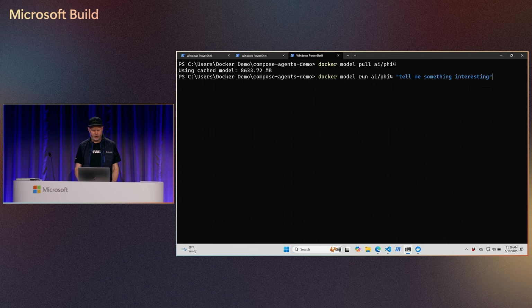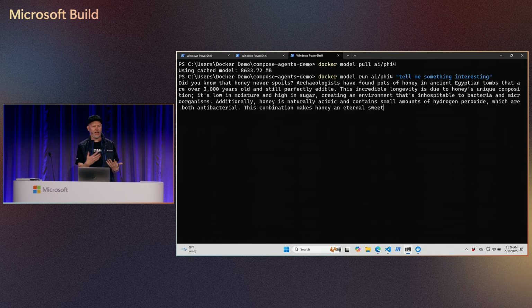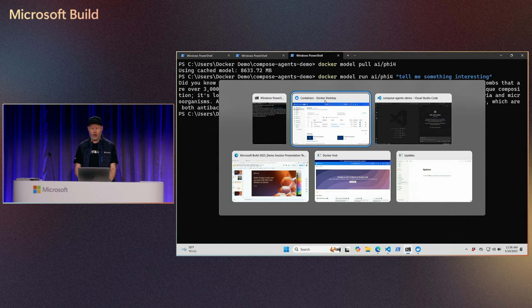And you can also use Docker to run models. So I can say Docker model run. I can choose one of these models, tell me something interesting, and we see some output from our model. So we're bringing the idea of models into the desktop with the same sort of pull and run semantics that people who are accustomed to Docker already know.